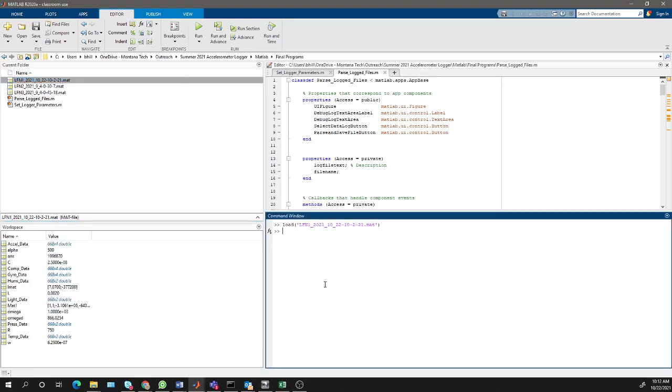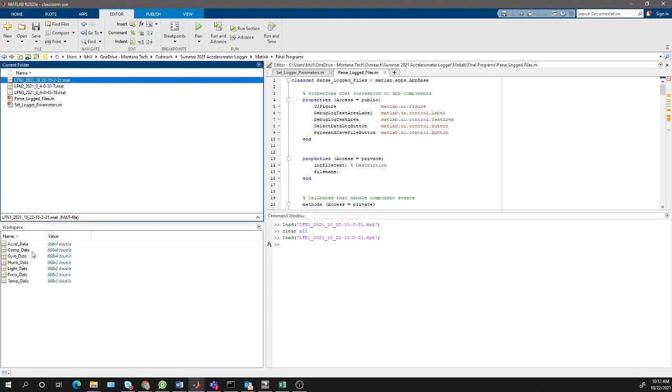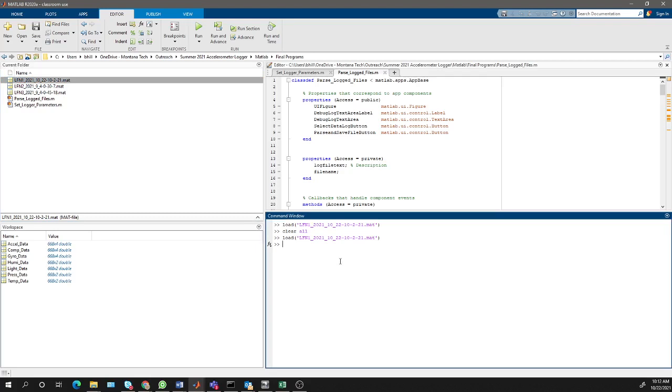Here, let me show you again. I'm going to double click, so this is my workspace. This has all my data in it. And we're going to open that, and it brings up Excel data, compass data, gyro data, humidity data, light data, pressure data, and temperature data. Those are all there. We'll explain how to do this in future things, but I'm going to plot the Excel data